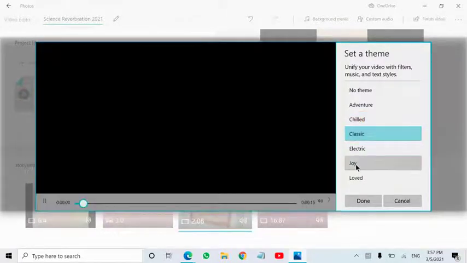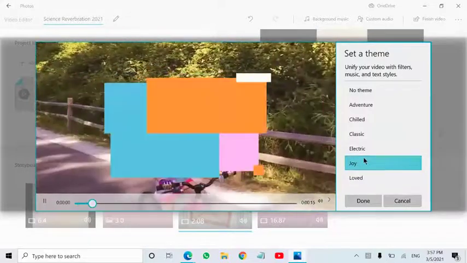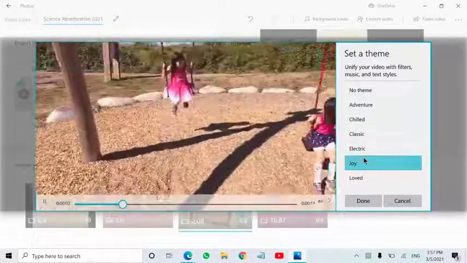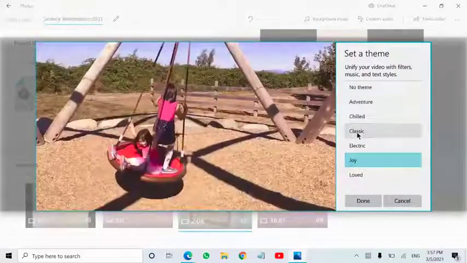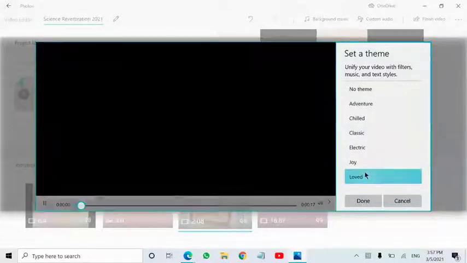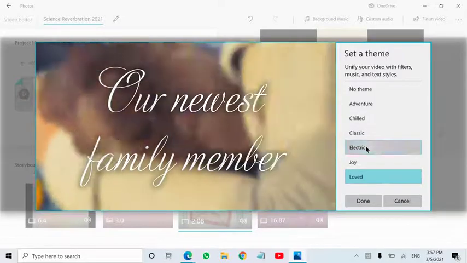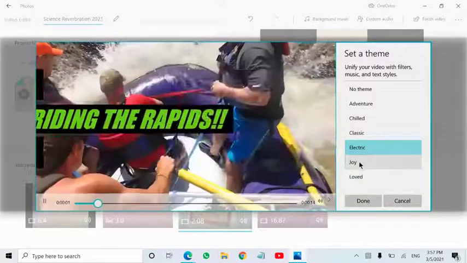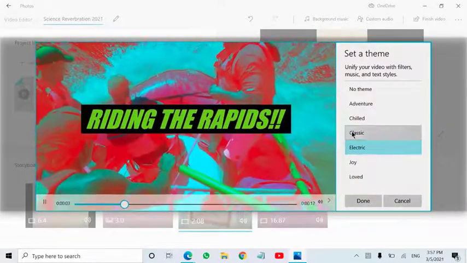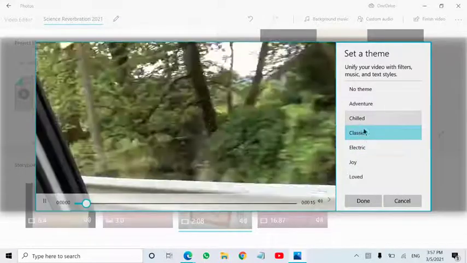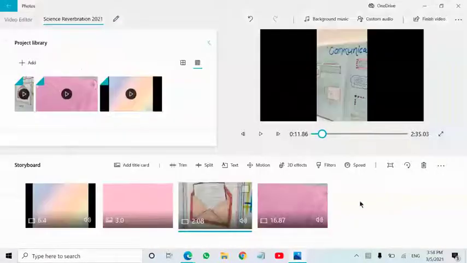Joy, let's see Joy. See, like this only we have used it here in our newest family member. So this is also a way you can do it. Okay, so this was very nice.